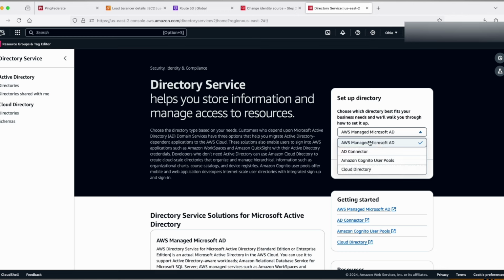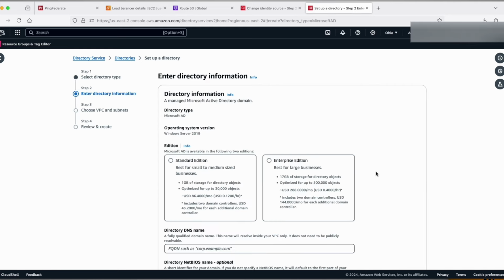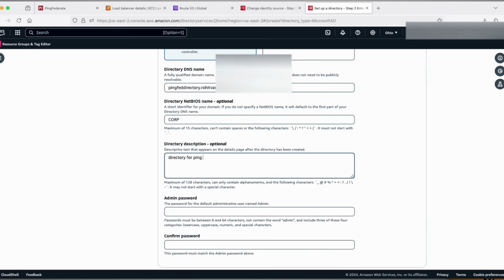Choose AWS Managed Microsoft AD and click on Setup Directory to get started from the directory service landing page. Leave the directory type selected as AWS Managed Microsoft AD, click Next, then enter your directory information. I'll use Standard Edition for the demo, but recommend using Enterprise Edition for your business. Give it a name. I'll use the name pingfed.directory.myhostedzone name, just to have the same domain name for the admin console server and now the directory. The directory DNS will become the domain component and NetBIOS will become your organizational unit when you map these later